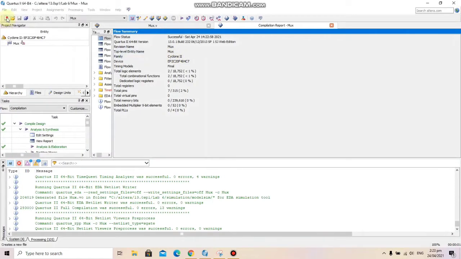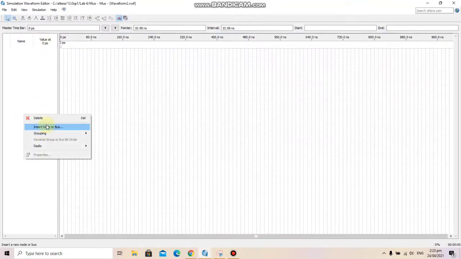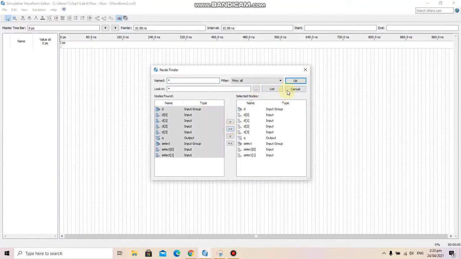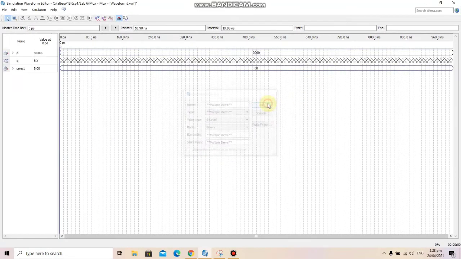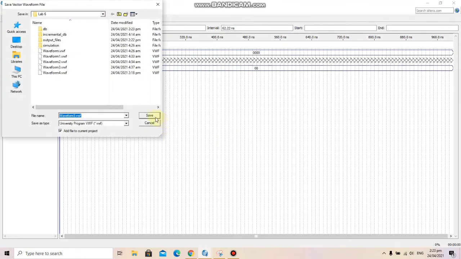Now let's view the waveform. Let's keep the value of D0 and select also 0, so we should get output 1 here. So let's see.